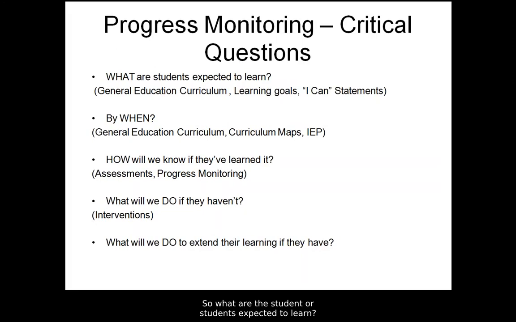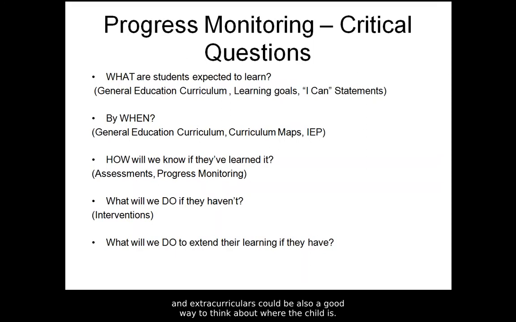So what are the student or students expected to learn? What is Kelly supposed to learn within the general education program? What is she supposed to learn within her IEP or her learning goals? What is it specifically? The whole entire IEP team should be very clear about what this looks like. What is the student supposed to learn? And I think when you involve students in the process, those I can statements, like, I can write 3 sentences with correct punctuation, is just another way to look at that, depending on the child's disability and how it affects their ability in the general education curriculum,